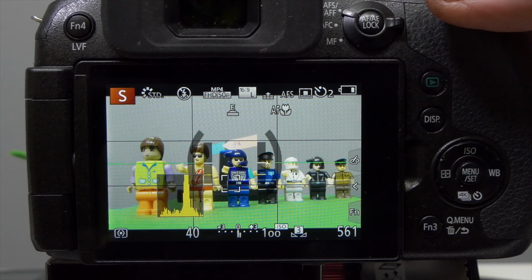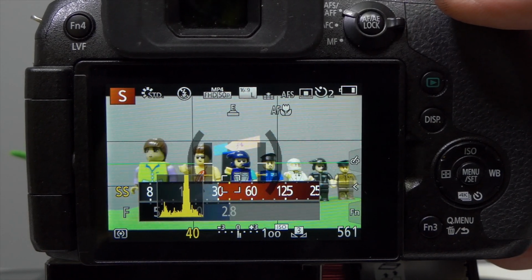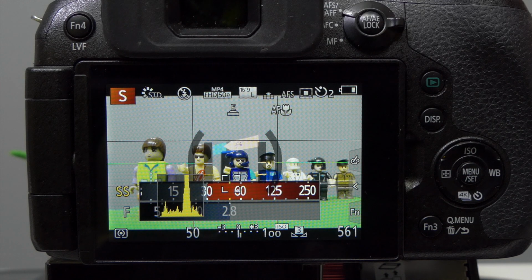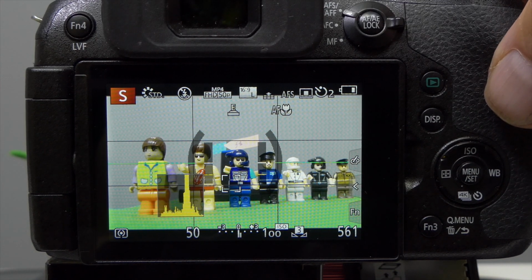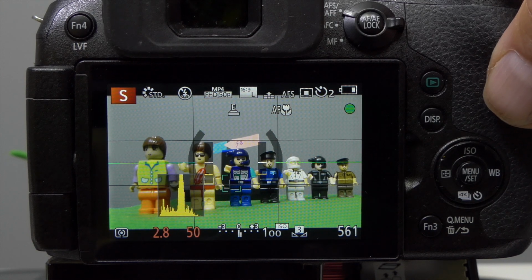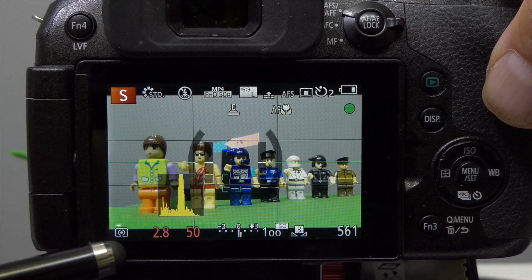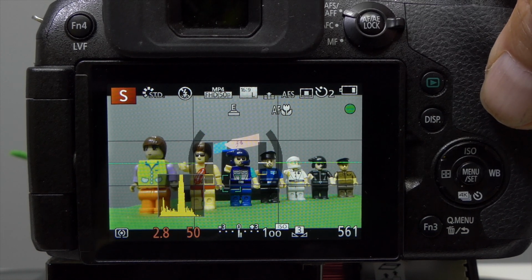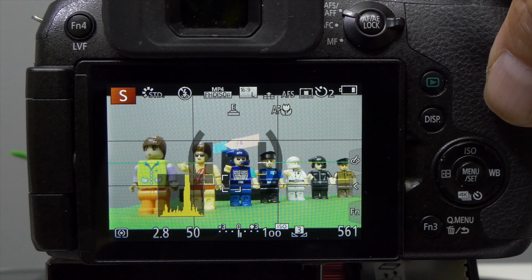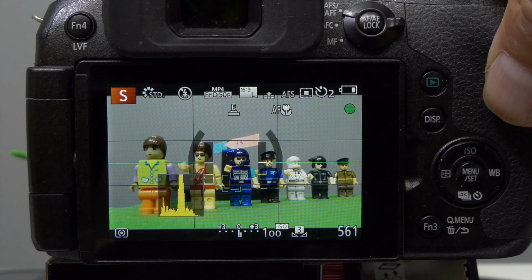If I select a shutter speed, for instance now 1/50th of a second, if I half press the shutter button, the camera will tell me the aperture that it's got to select. You notice it's selected f2.8, but the aperture and the shutter speed are both flashing red, which means the camera can't control that exposure. And if you notice, when I half press the shutter button, the image goes darker, which means